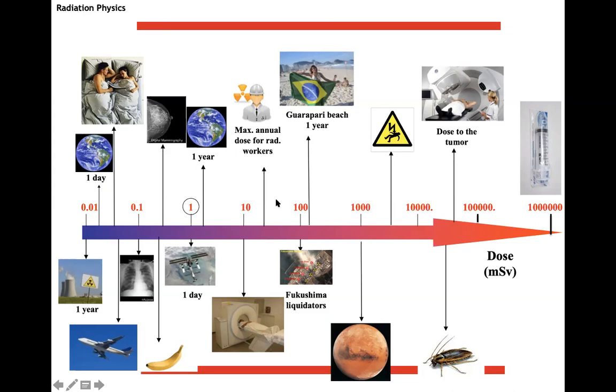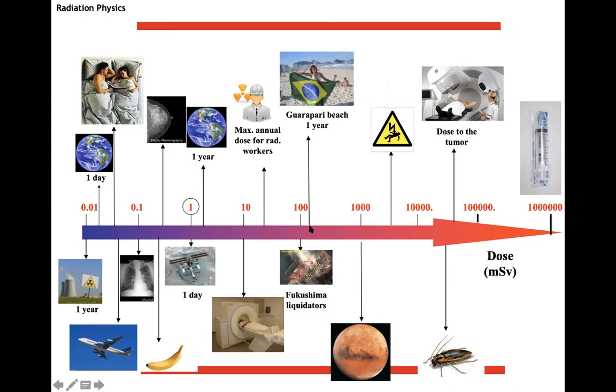That's definitely not the highest dose in radiation protection, though, because, for example, in exceptional emergency cases, Fukushima liquidators, you are allowed to go up to 100 millisievert. Actually, these people were working until the dosimeters indicated 100 millisievert. At that point, they had to leave. But you see, radiation is strange. If you live 1 year on the Guarapari beach in Brazil, that is this wonderful place that you see here, then you will get a dose which is even higher than a Fukushima liquidator.